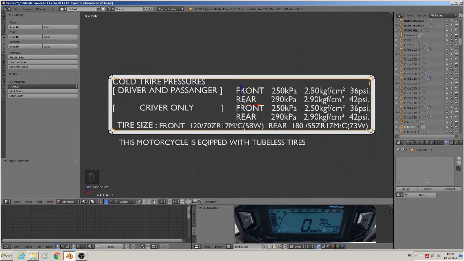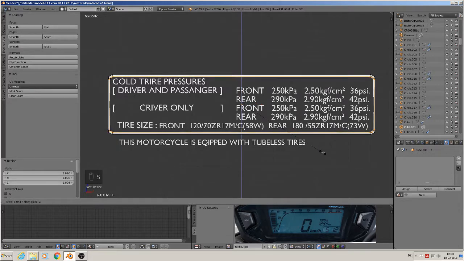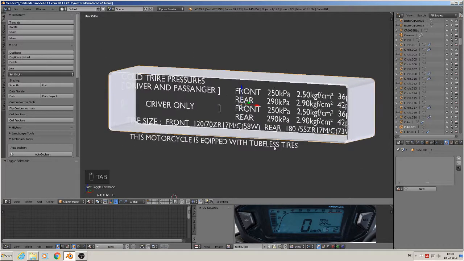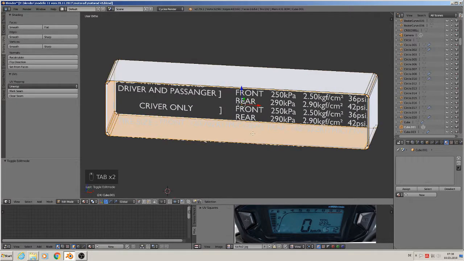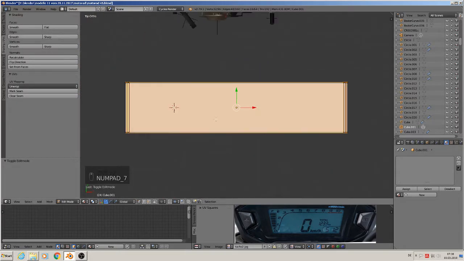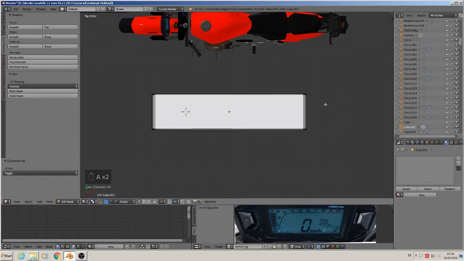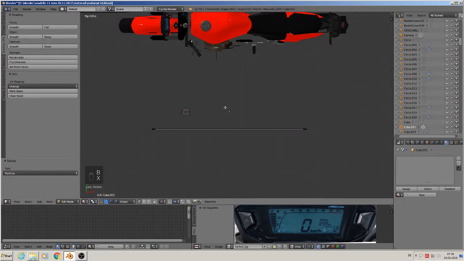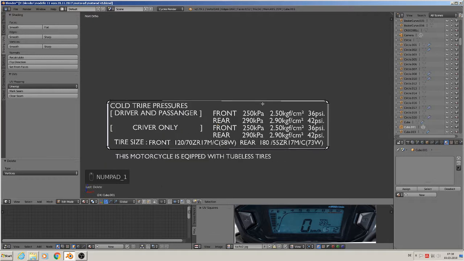It wasn't all, so we have to do it again with circle selection, the inner ring, good, and then scale. So we see we can handle that. We scale in the Y, so we get a small border there, like that. Then top view, we delete the back, we don't need that, it was only for the beveling. So that is what we get,